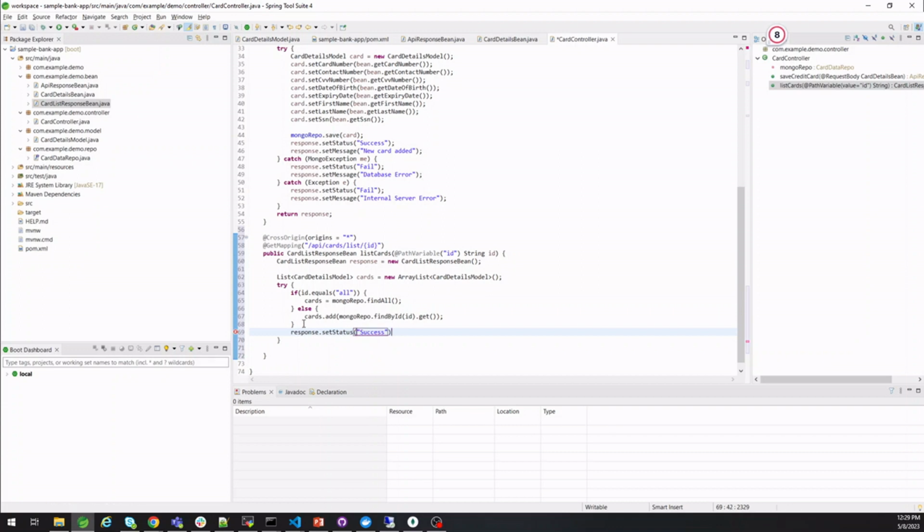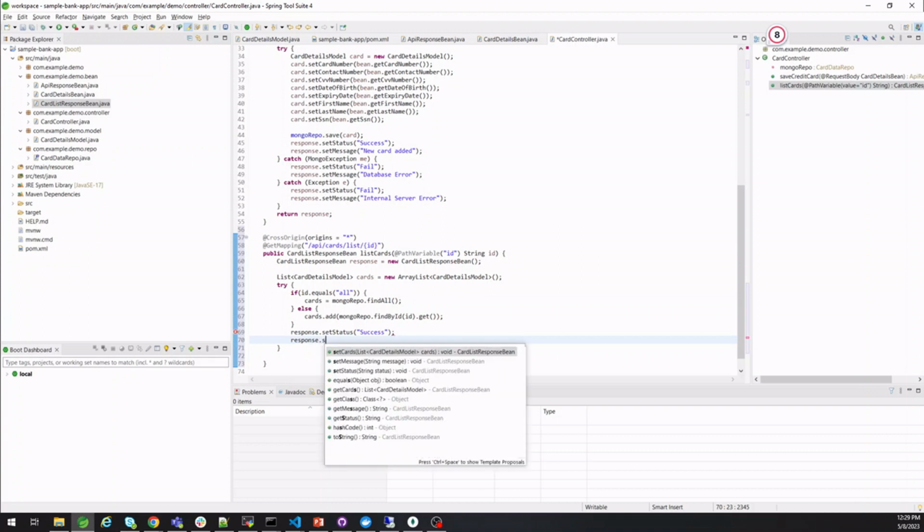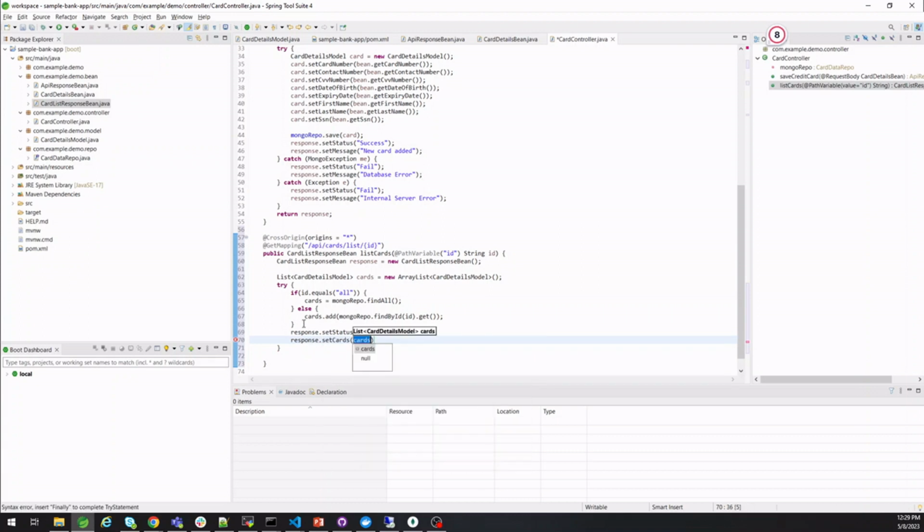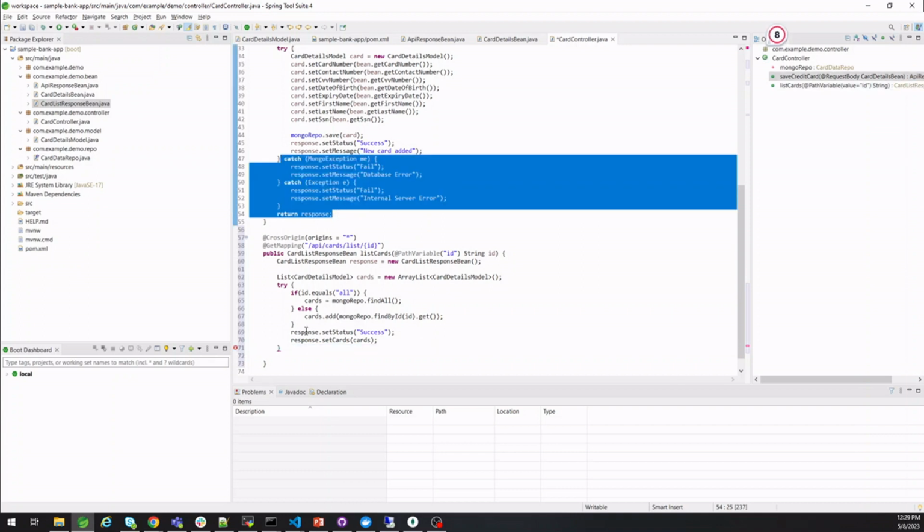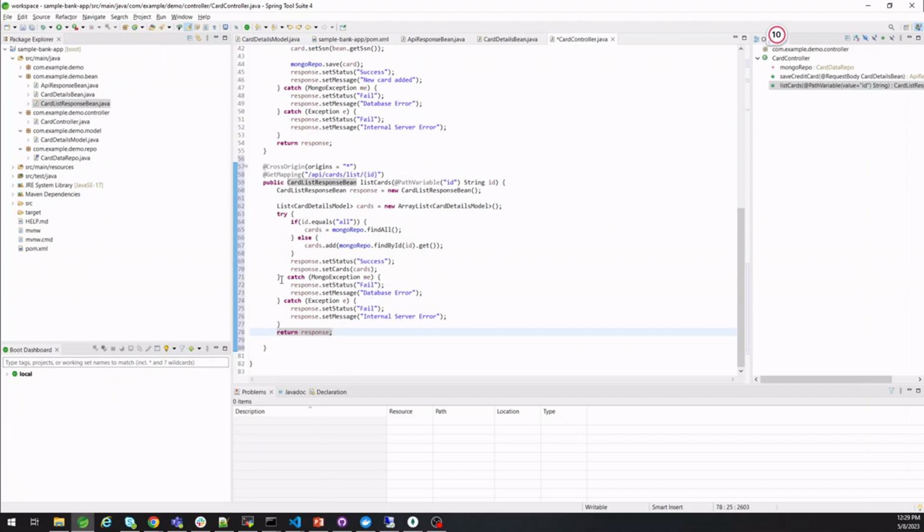with a message success and cards as cards. So now what I've done is, we have all the cards or a specific set of cards retrieved. I have just populated that information in the response object that we created. And now we are just going to add the similar catch blocks